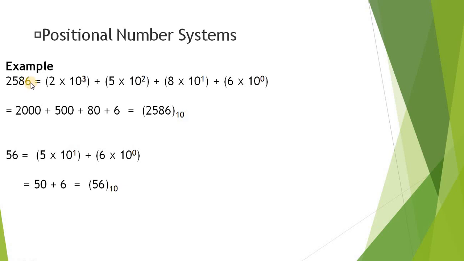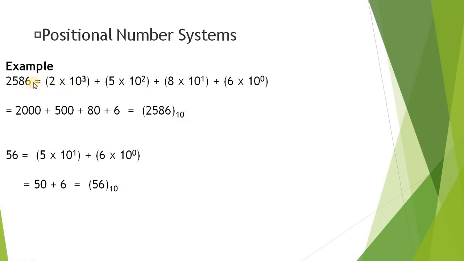So how we represent this is, we start with the rightmost digit and then we multiply that digit with the power of the base. So what is the base here? The base is 10. So it starts with 10 to the power of 0. When I move from the rightmost digit to the next digit, that is the 8 here, I can write it as 8 into 10 raised to 1. And then the next digit will be 10 to the power of 2 into the digit, and again 10 raised to 3 into 2.